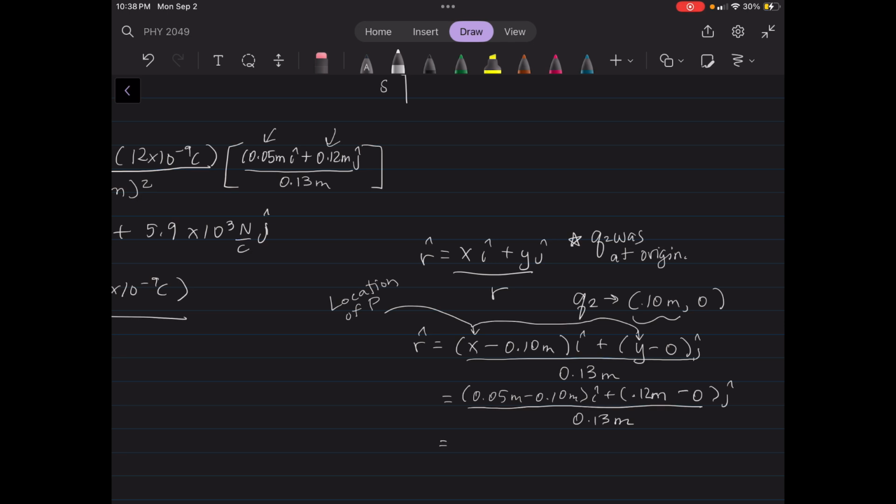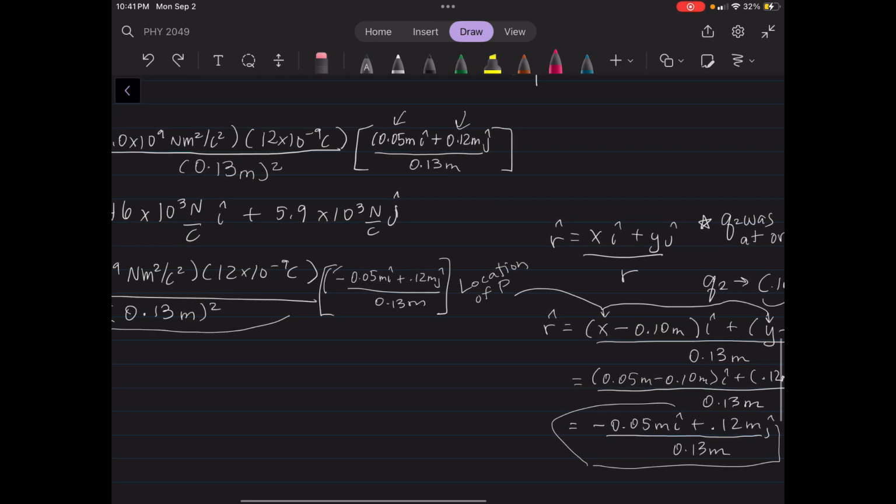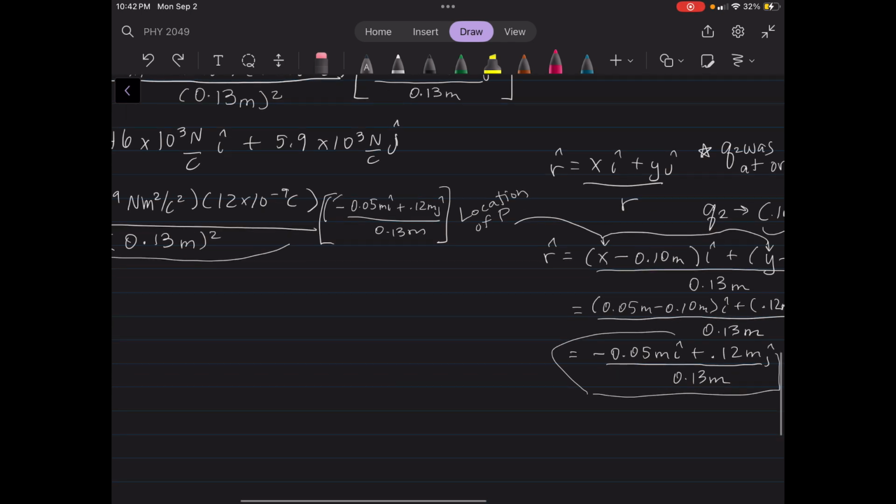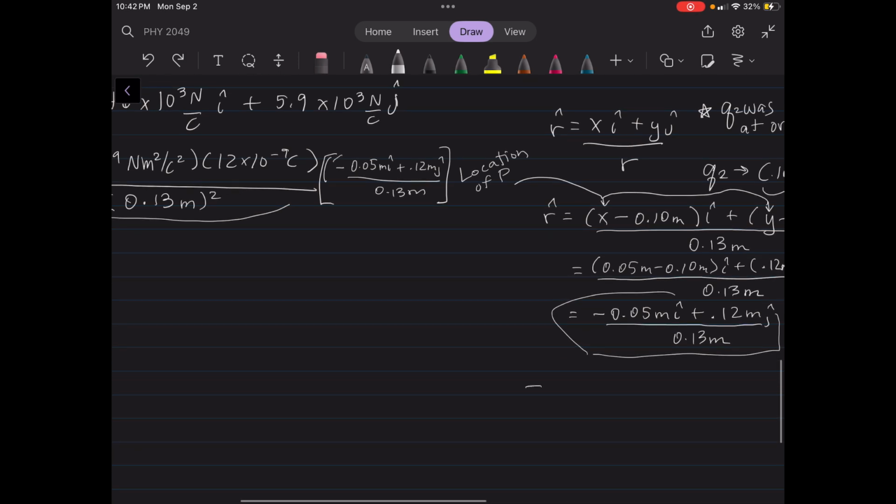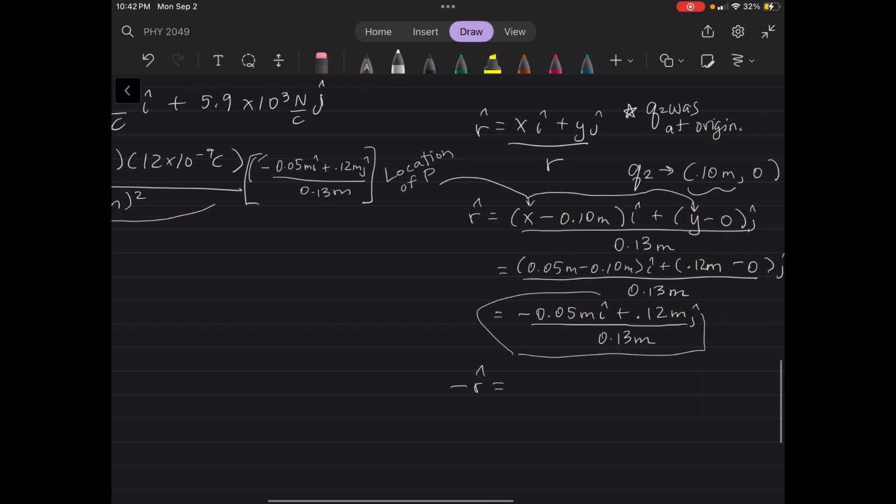Okay, so what that's going to do is give us a negative I hat direction now, right? 0.05 minus 0.1. No change here. Okay, since Q2 is negative, you recall that electric field lines point towards negative charges, so the value that we actually need to use is negative R hat. So if we go ahead and figure out negative R hat,